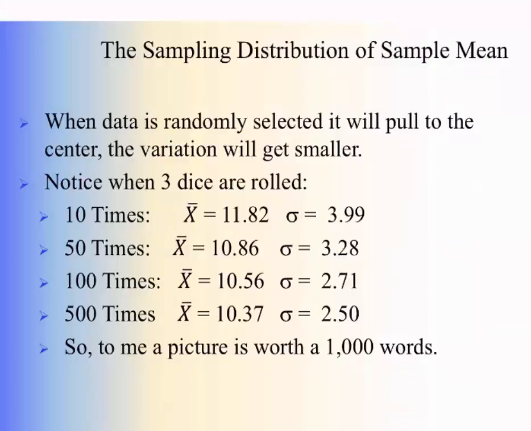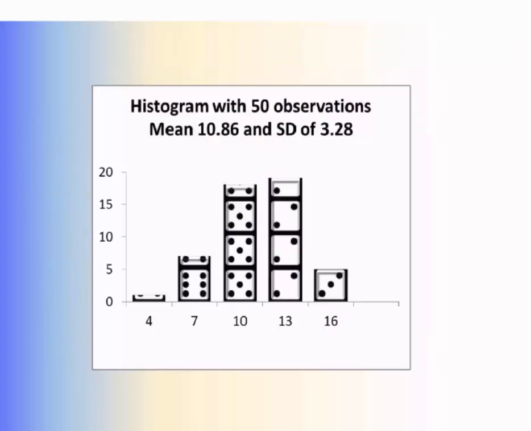Like I said, this is what I got when I did it the first time. I did it many times, but this is what I ended up with. I had a mean of 11.82 when I had a small sample of 10, and as I made my sample larger, I ended up with a mean of 10.37. One thing that is for sure, the consistency certainly gets greater as you have a larger n. You can also see my standard deviation got smaller, which means the amount of variation around the mean shrinks. I can explain this all day long, but a picture is really helpful, so I made these graphs.